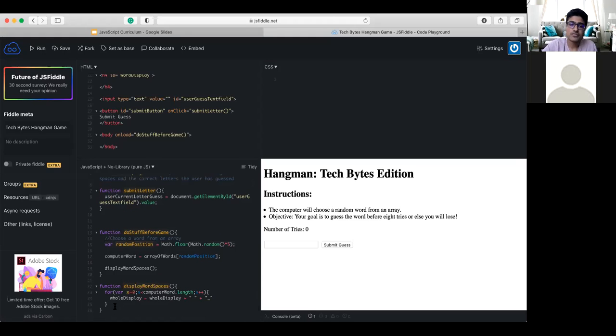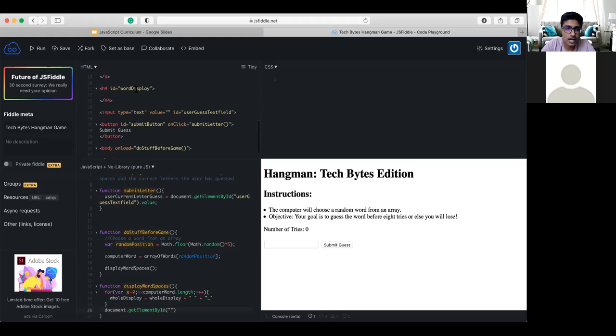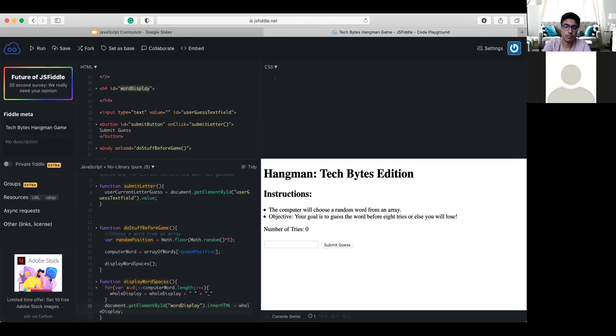And one more thing we have to add is that outside of the for loop, we have to actually display and manipulate our HTML using the document object model. So the way we're going to do that is, yep, if you guessed it, a long line of code: document.getElementById, opening and closing parentheses, add those opening and closing quotation marks, paste the name of your tag for your word display in the middle, like such, and then .innerHTML, with HTML all in caps, is going to equal our wholeDisplay variable. Everybody, a minute to catch up.